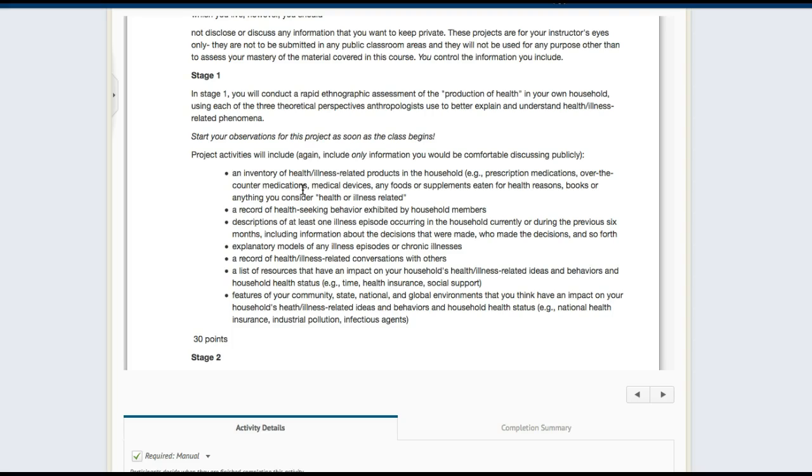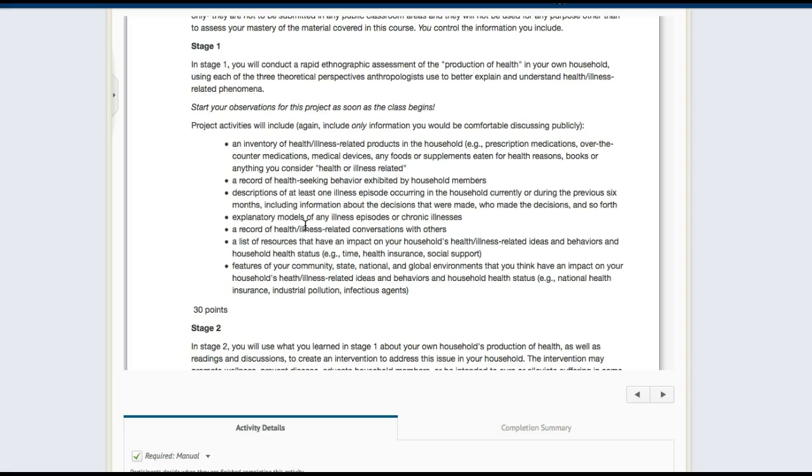health reasons, books, or anything that you consider health or illness-related, a record of health-seeking behavior exhibited by household members, descriptions of at least one illness episode occurring in the household currently or during the previous 6 months, including information about the decisions that were made, who made the decisions, and so forth, and explanatory models of any illness episodes or chronic illnesses, a record of health, illness-related conversations with others, a list of resources that have an impact on